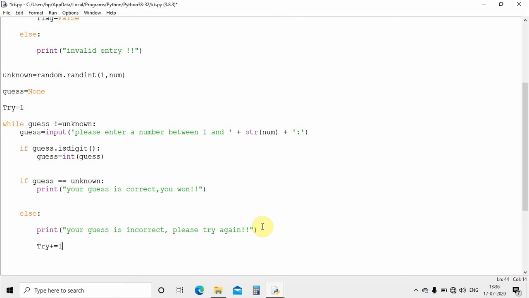So it is equivalent to writing like this. So don't confuse this one, try equal to try plus 1. If you want to make your program simple, then you can write like this. I have written in that form, so they are the same. Alright, so then once he has entered a correct